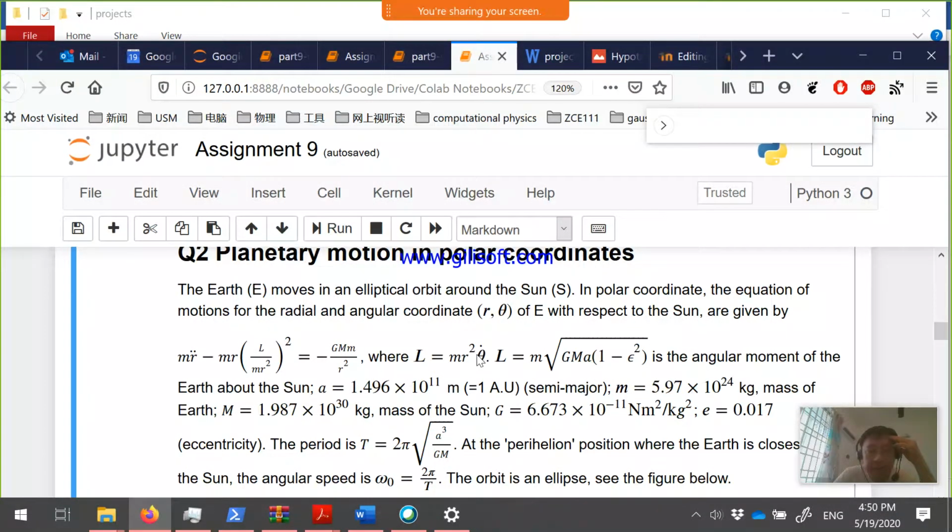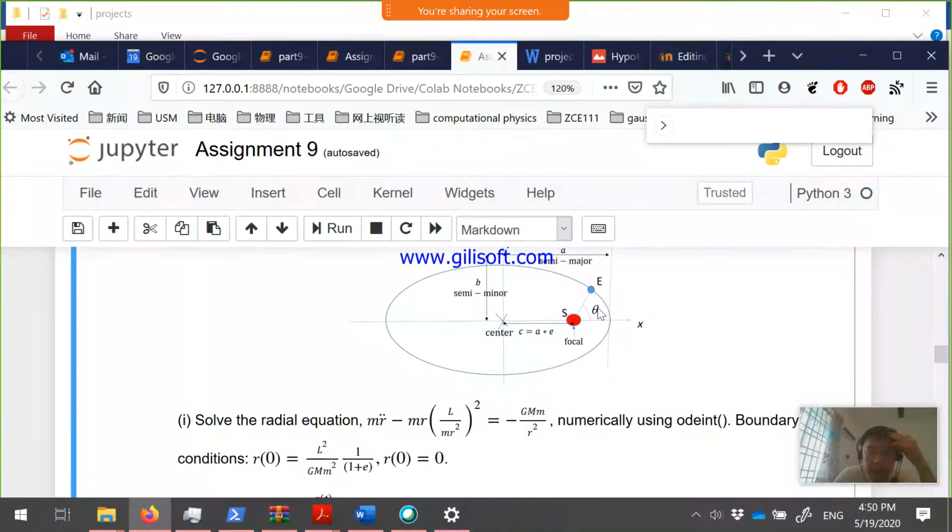Then at the same time, you also have theta dot. Theta dot is the angle that changes with time as well. So there are actually 2 variables in this case. You have r, which is this one. It's not labeled, but this is r between the Sun and Earth. And then you also have an angle. So this is what they call